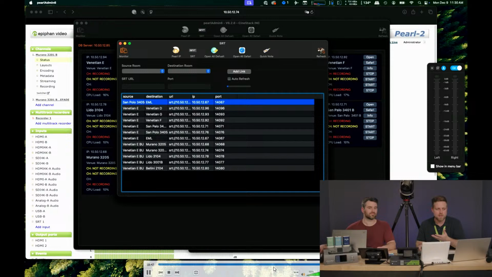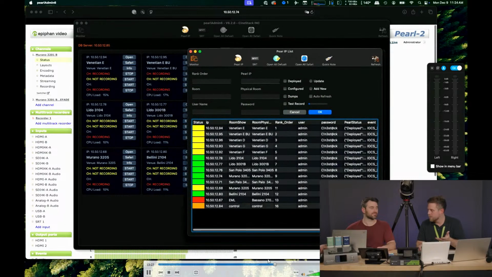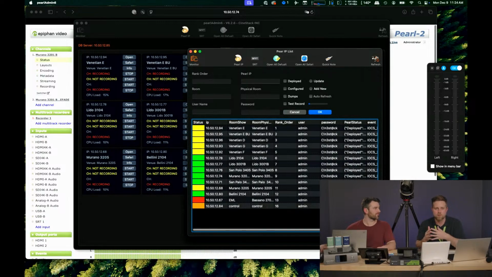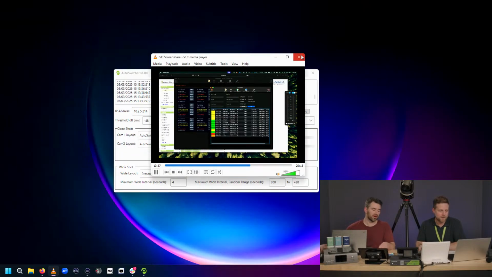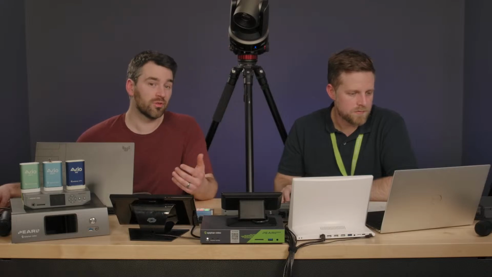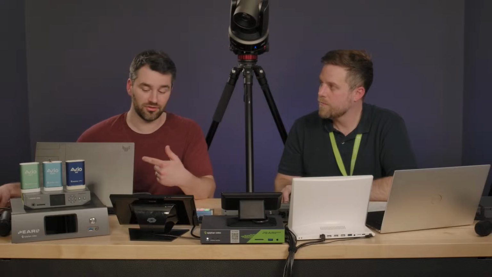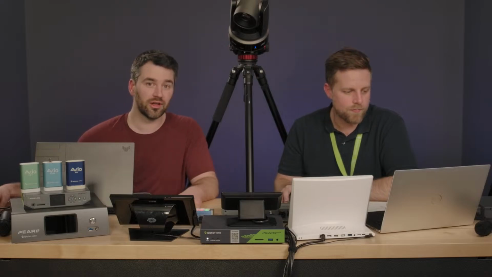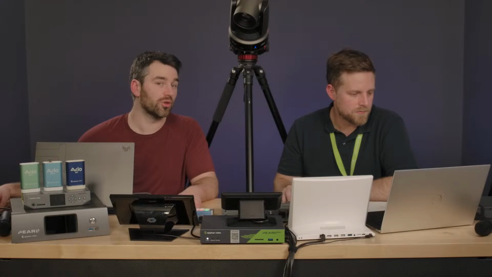So I just thought this was a good example of what you can do with the Epiphan API and how you can integrate and build that custom workflow to do exactly what you need for your application. With our REST API, you get to decide what it looks like to the end user, and you can build it out in any integration that you might already have, or build it from the bottom. So it's very, very flexible, very, very useful. I think this is going to be a big thing for a lot of people out there who are going to be building these types of things.